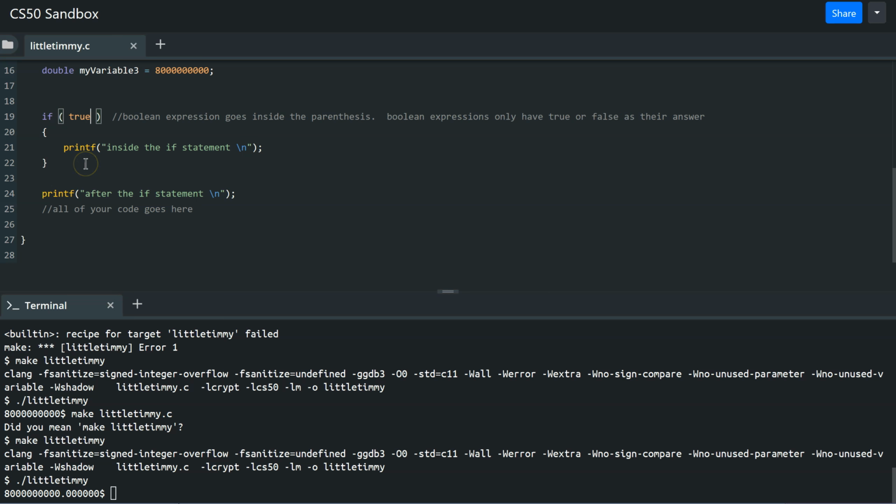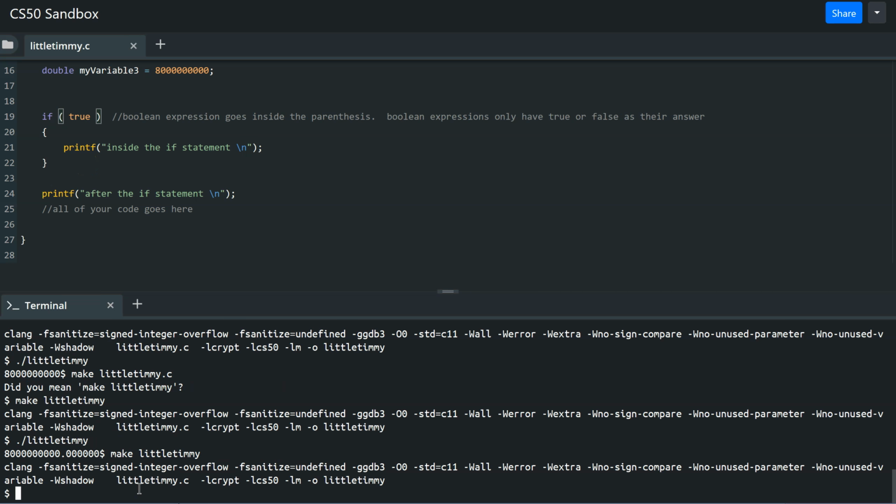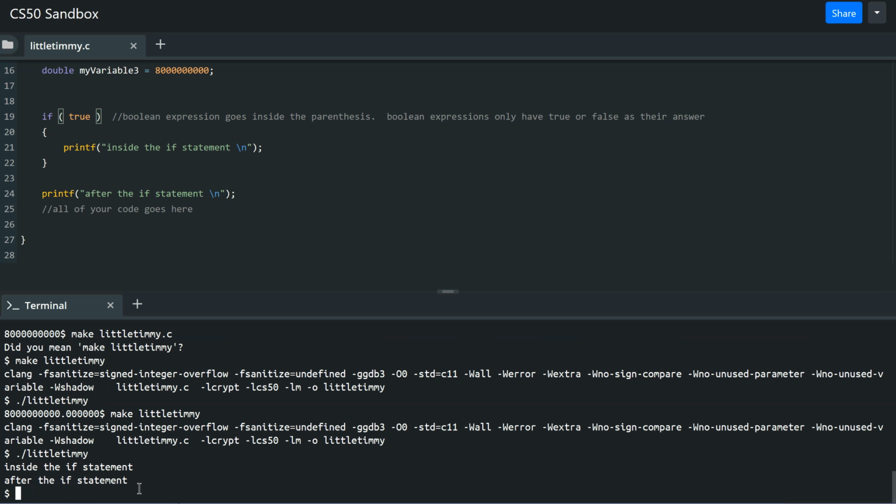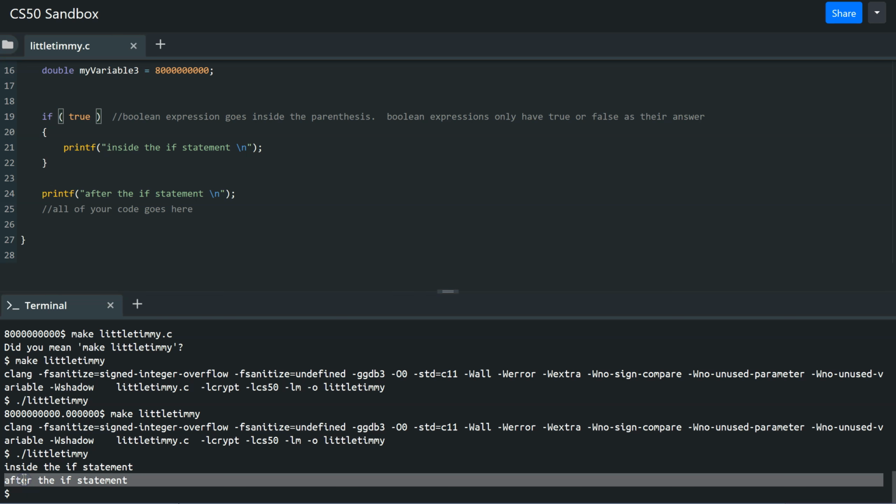Let me change this to true and then run this code. Make little Timmy. All right, so it prints inside the if statement and then it prints after the if statement. Because that's true, it executes this code. If this were false,